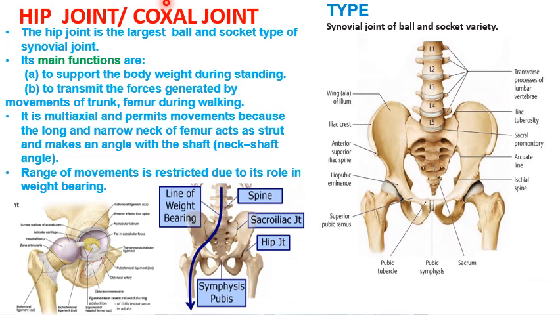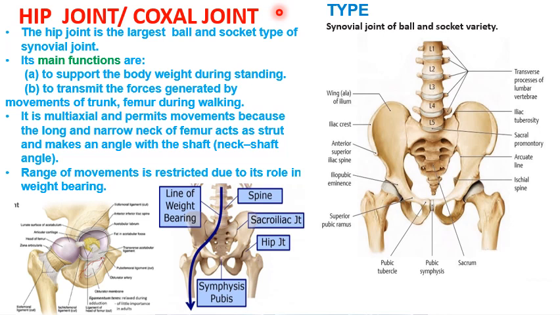When a question on the hip joint is asked, it has to be written under the following headings: the type of the joint, the articular surfaces, the ligaments, the relations of the joint, the bursae around the joint, arterial supply to the joint, nerve supply of the joint, and movements and applied aspect. And if there is any characteristic feature of the joint, it should also be added. Here it is the stability of the joint, which is a characteristic feature which we are going to see. So now